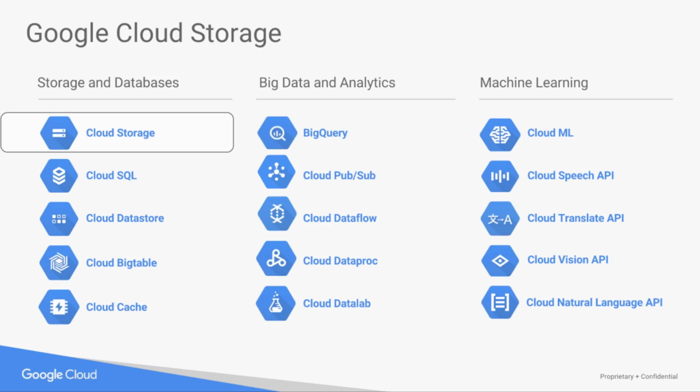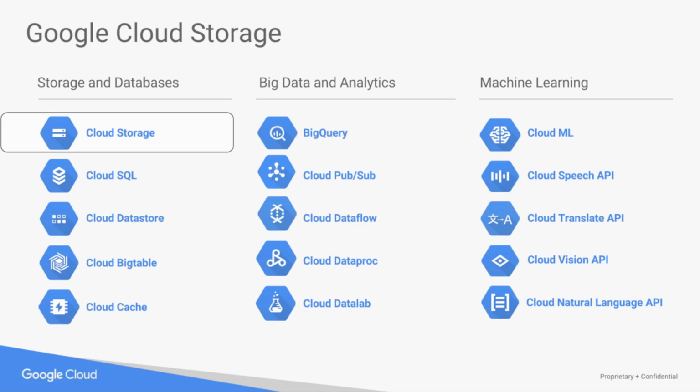I did want to briefly touch on the storage piece of it because I think you can save a lot and have a much better experience really in simplifying your organization, simplifying your processes by moving to the cloud. This is our cloud storage infrastructure, moving from left to right: storage and databases, big data and analytics, and machine learning. Now, not all of these things are relevant to DR, but I did want to talk about cloud storage.